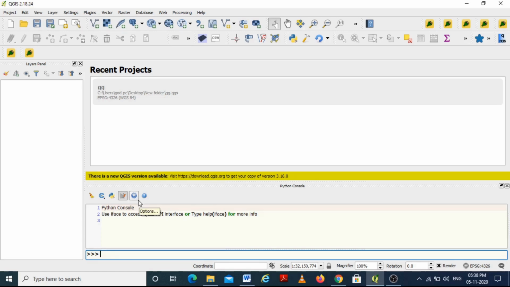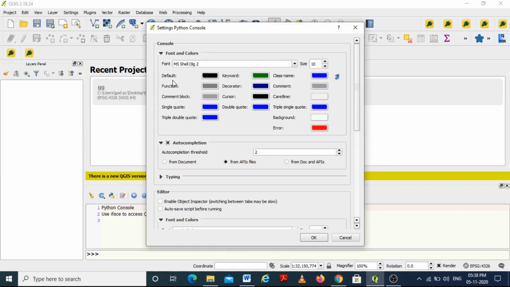This interactive shell consists of various tools. The first tool is the clean tool. We can use the next tool to import the classes. This tool is used to run the command and this is to write the scripts. These are the default settings where you can use it as it is.